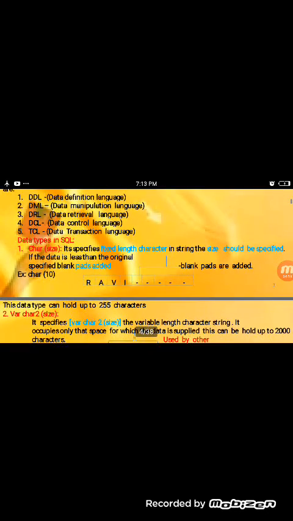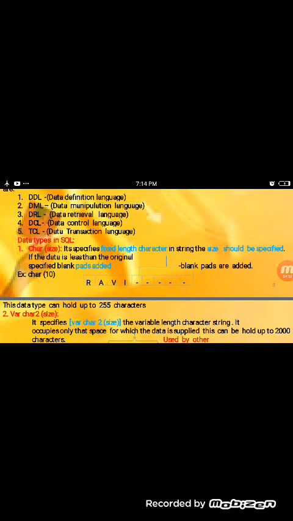Data types in SQL, structured query language. Many types are there, and I have taken some of them here. CHAR of size specifies a fixed length character string. The size should be specified. If the data is shorter than the specified size, blank pads are added.